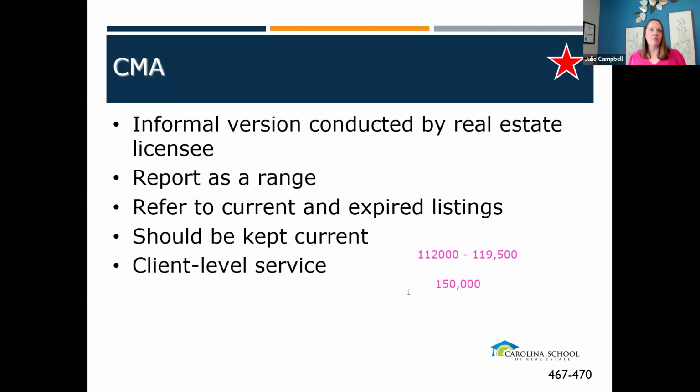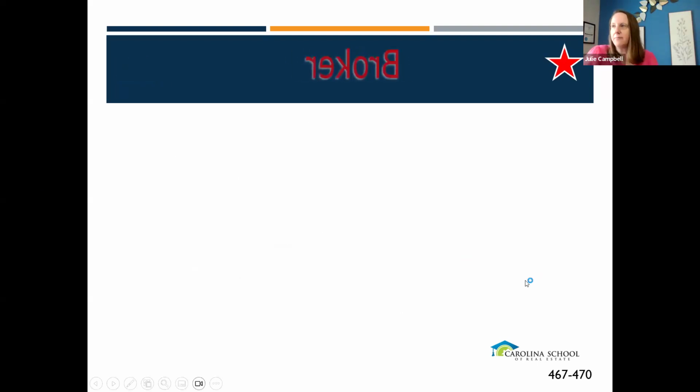I give everybody the numbers. Here you go. It's only the client that gets the interpretation. It's only the client that gets the breakdown of those different levels of those CMAs. So with the CMA, their broker hat on,